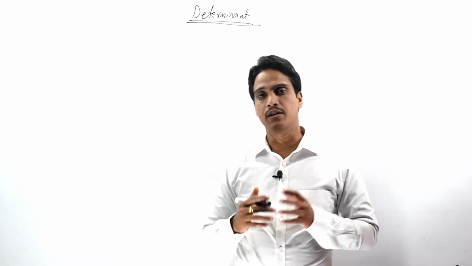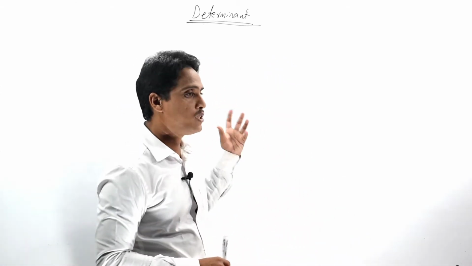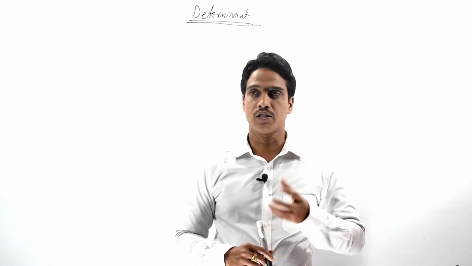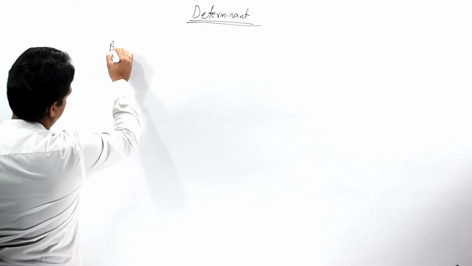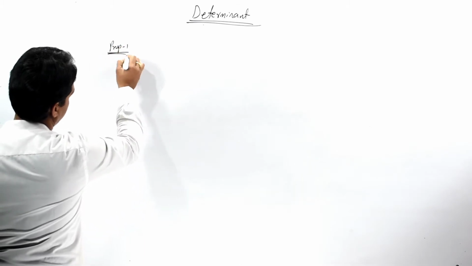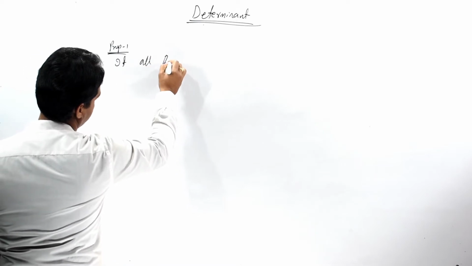So in this video, we will consider some of the most important properties which are useful for solving determinant problems. So these properties are: property 1,